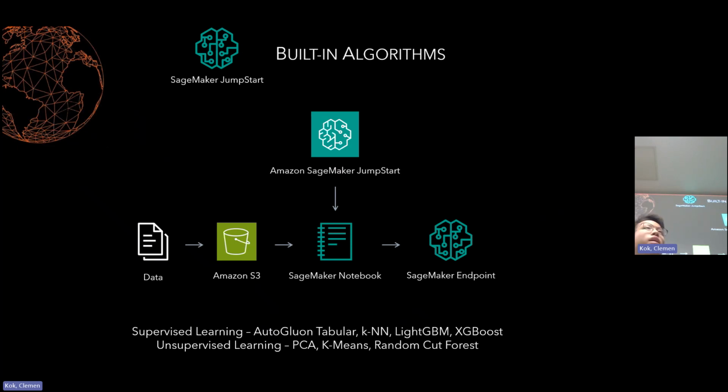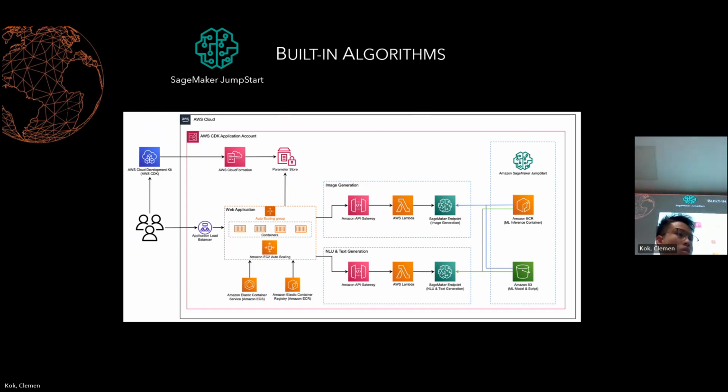Where SageMaker JumpStart really excels is in the realm of generative AI, because it allows us to load in pre-trained diffusion models, for example, that we can then use to generate images and so on. This is an example of how you would deploy SageMaker JumpStart in a production environment. You would have your image generation model, for example Stable Diffusion, or text generation models like BERT and so on. You load it up from SageMaker JumpStart, and then it's deployed under the hood as an